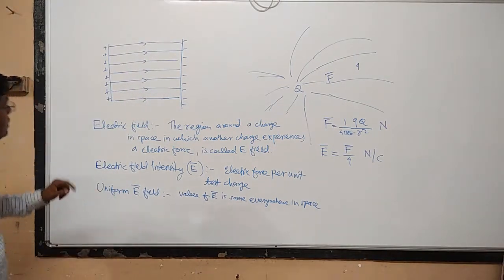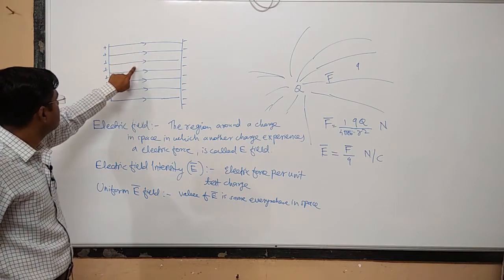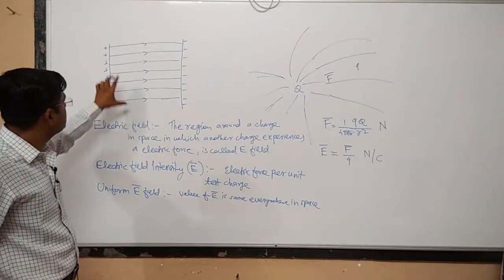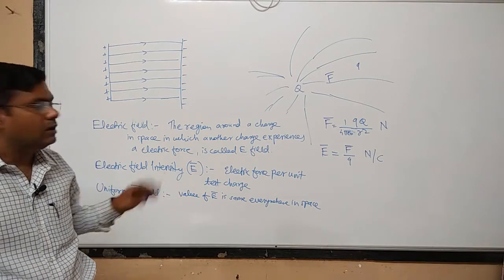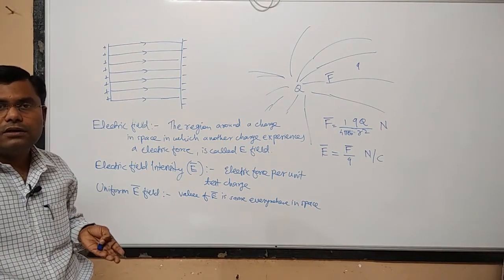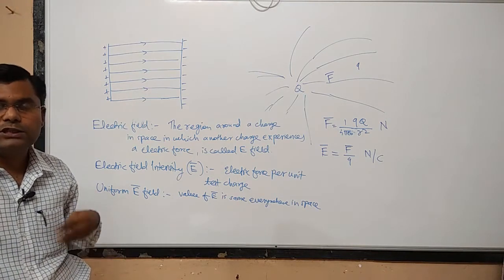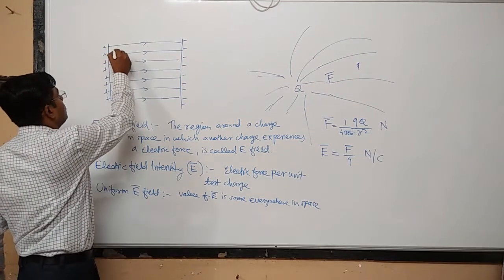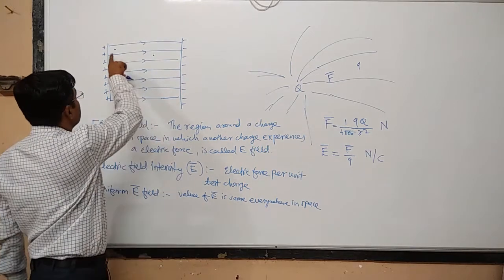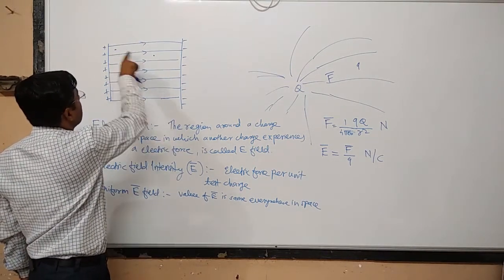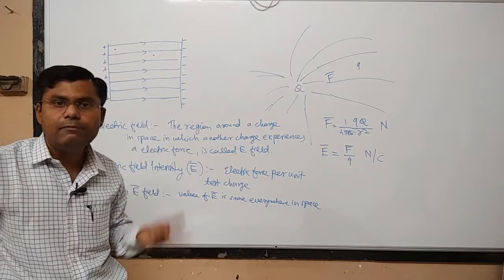In this case, the value of electric field intensity is the same here, the same here, the same everywhere, and therefore such an electric field will be called a stationary electric field, or uniform electric field, or constant electric field. There exists another, non-uniform electric field also. A non-uniform electric field can change with respect to time and with respect to space. Suppose at one particular point the electric field is different from another point. In this case the electric field is changing with respect to position, so such an electric field will be called a space varying electric field.